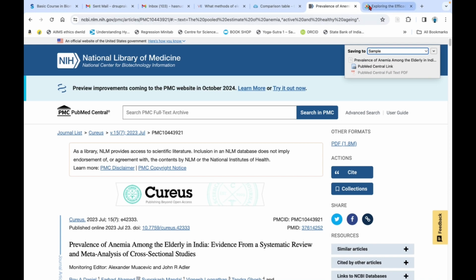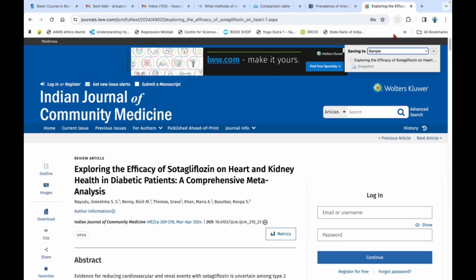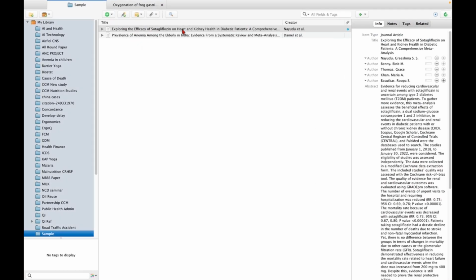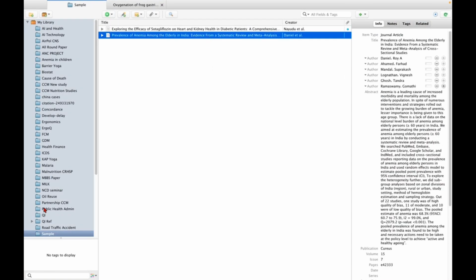Whenever you click, initially it will show saving and it will be faded. Then once it is in deep color, the open access PDF, that means it has been saved. Now it is saved, that snapshot is in deep color. You can also change to another folder from here. Once it is saved, you will see that same article in that sample folder